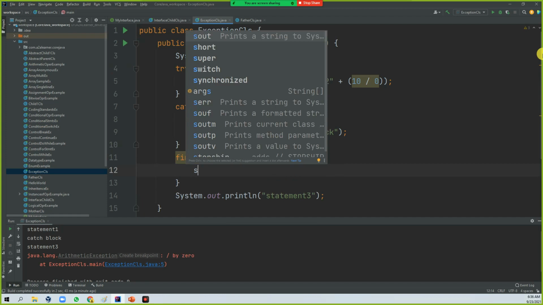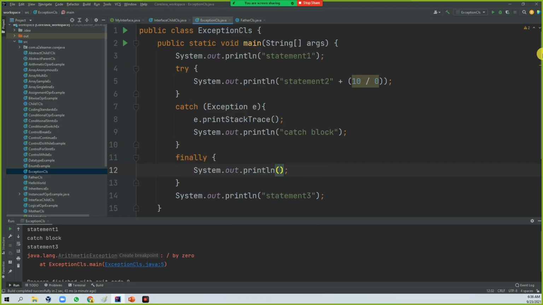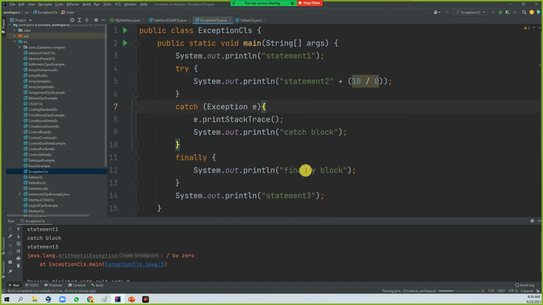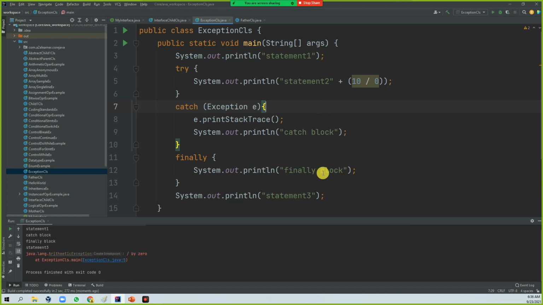Finally means it's mostly cleanup related. For the time being, I'm just putting a finally block. So try, catch, finally. If you run it, this always gets executed. See here, finally. So let's put in a normal termination, just 10 by 1.